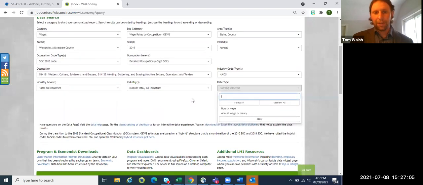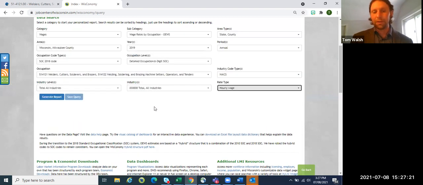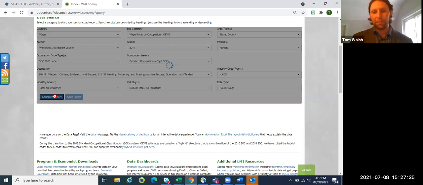Again, finishing this out and selecting our rate, you can select both. The annual is just a multiplication of the number of hours worked in a year times the hourly wage rate. I feel like the hourly wage rate is a little more valuable, and about 90% of the time, that's the one I'm using when I'm helping someone out with this kind of request.